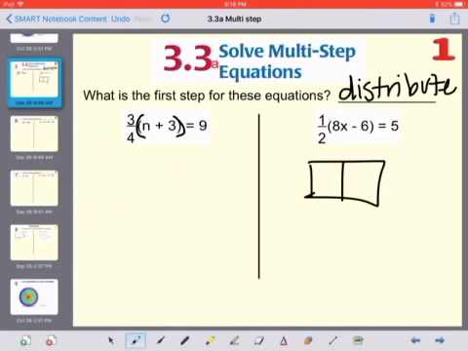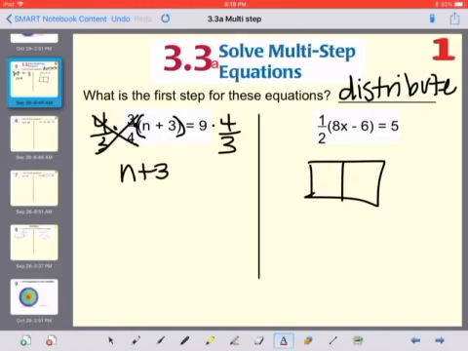If that's all you have, we really have a fraction that's multiplied. We can multiply by the reciprocal, 4/3 times 3/4. So 4/4 cancels out, 3/3 cancels out, and we have whatever's in our parentheses, n plus 3,